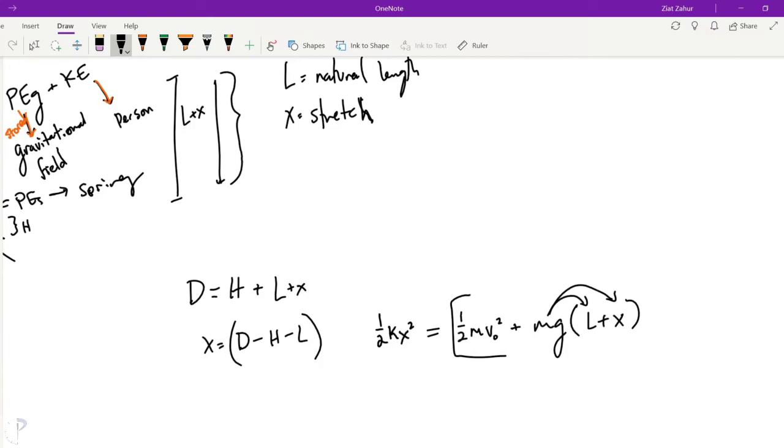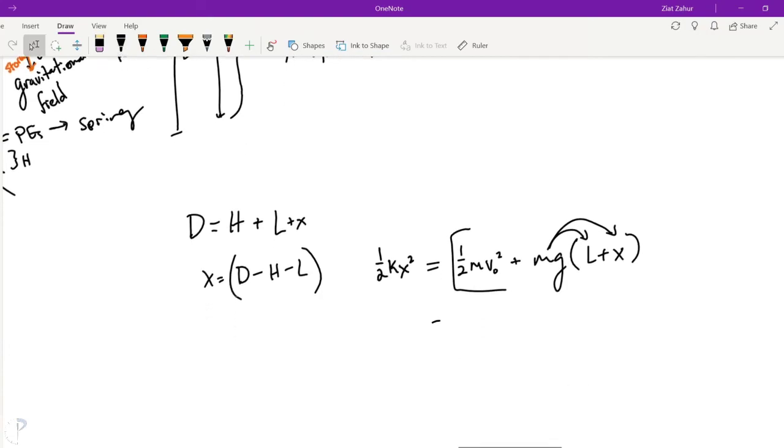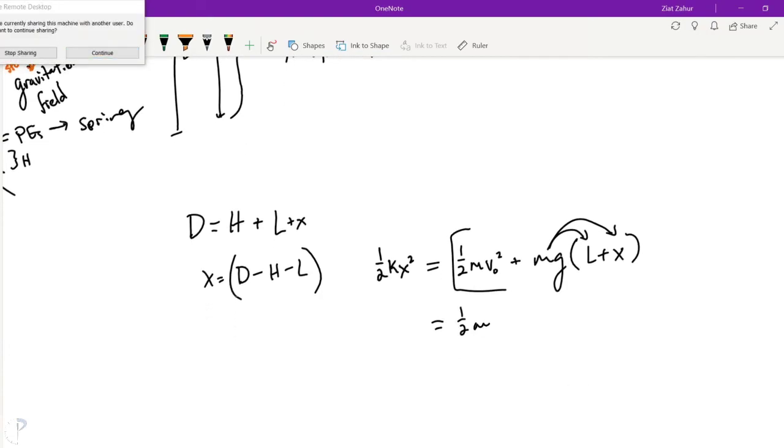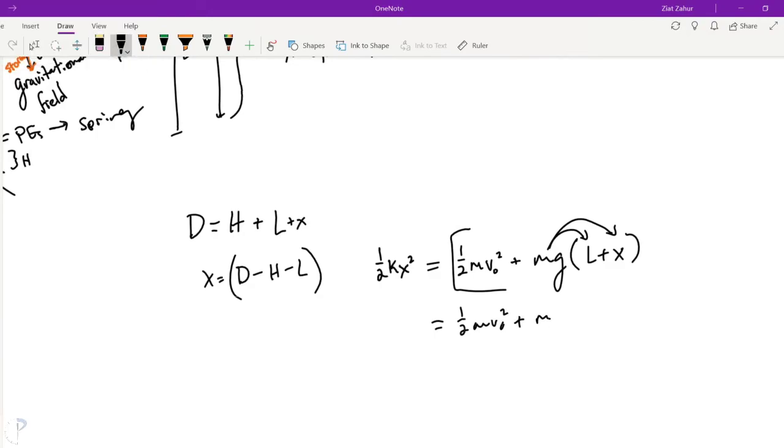This is a constant. Here, I'll just do one more step, I guess. 1/2 mv_s squared plus mgl plus mgx. So there's the term with x. All of this is the constant c term. Now once you plug this in, you can actually directly solve for k, which is